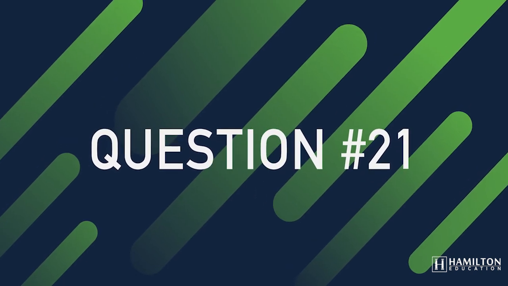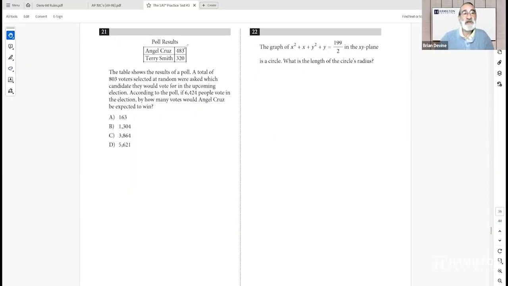Question 21. In question 21, we're given a table of poll results, and the table shows the results of a poll. A total of 803 voters that were selected at random were asked which candidate they would vote for in the upcoming election. And according to the poll, if 6,424 people voted, by how many votes would Cruz be expected to win? So Cruz, well, he's going to have